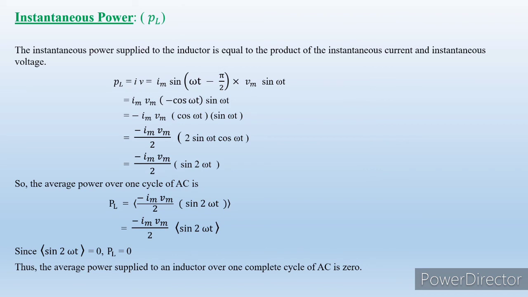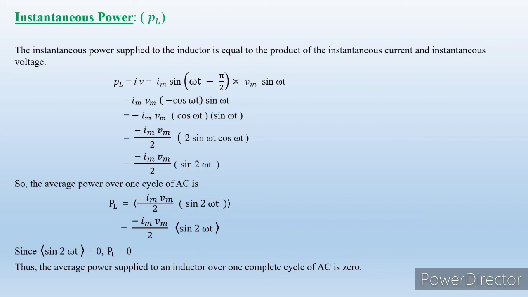Instantaneous power in an inductive circuit is represented by PL. The instantaneous power supplied to the inductor is equal to the product of the instantaneous current and instantaneous voltage. That is, PL is equal to I into V. Substituting I equal to Im sin(omega t minus pi by 2),